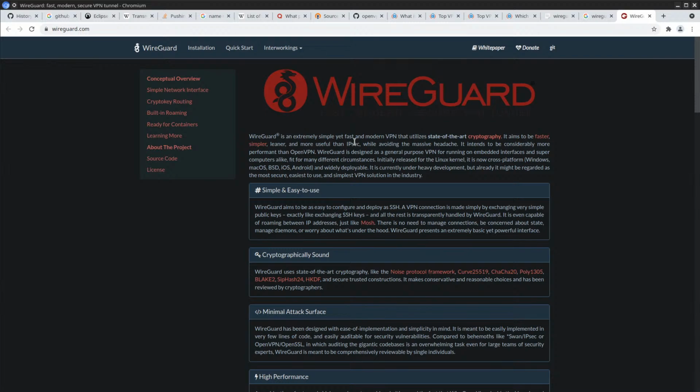Extremely simple and fast. State-of-the-art cryptography. Right, more useful than IPsec. It intends to be considerably more performant than OpenVPN.